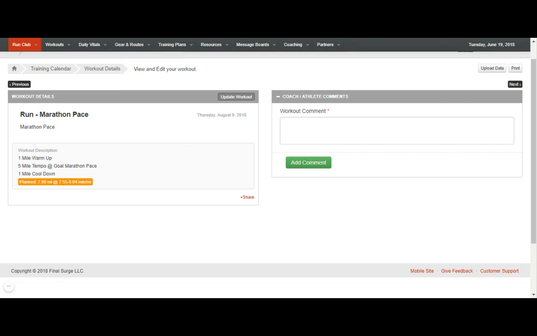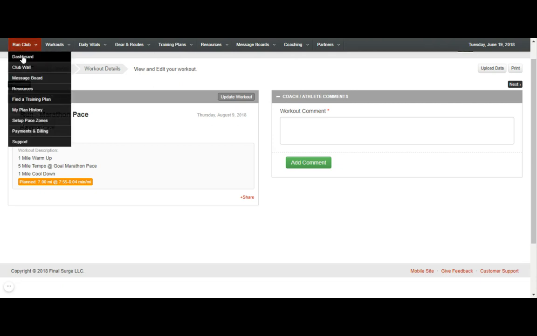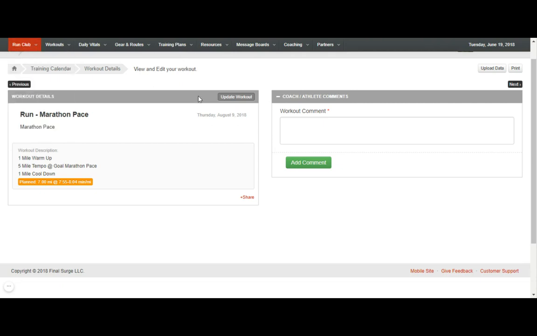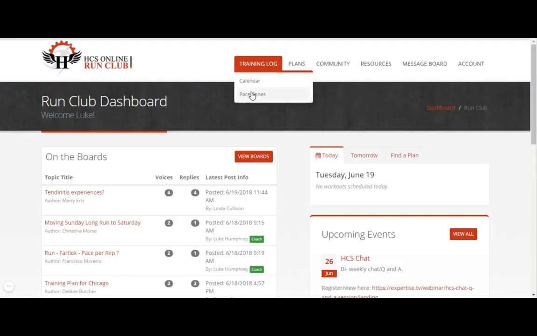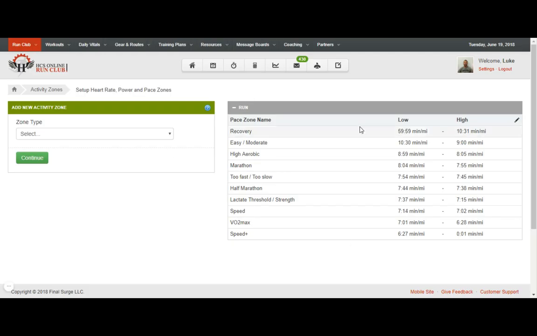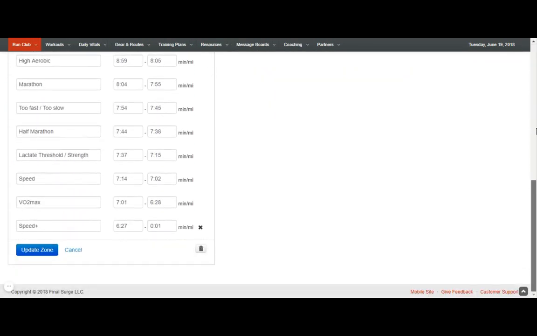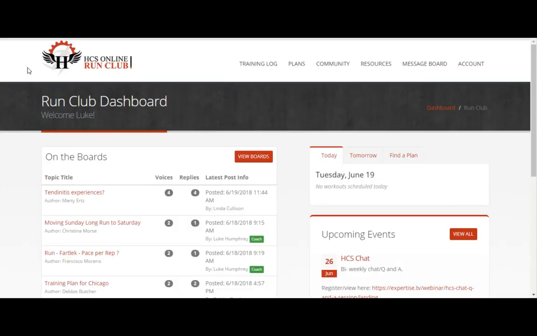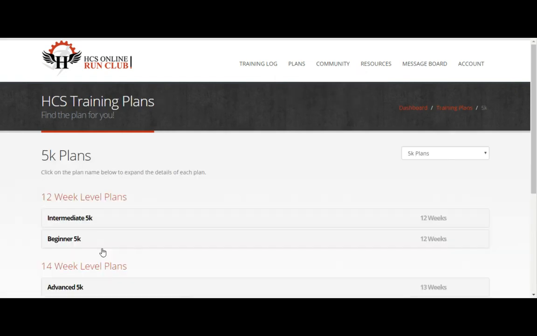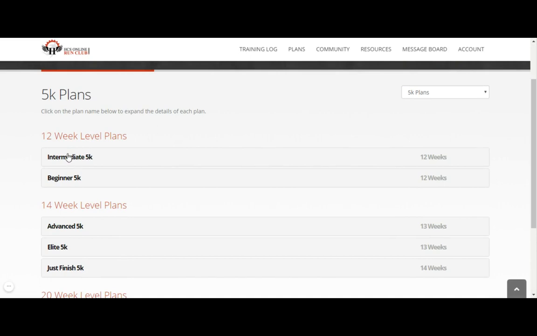And then as you get into different plans, let's say you've stayed with us for a marathon segment, and then you're going to maybe do a 5K segment, you can always go in and change this. You would just click edit, and then hit the little trash can that'll clear that out, and then you're good to go. And then when you add a new plan, if you want to do 5K,